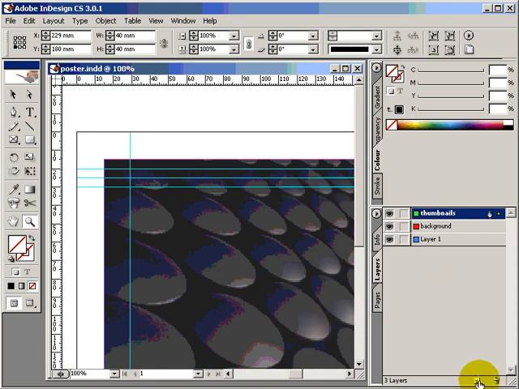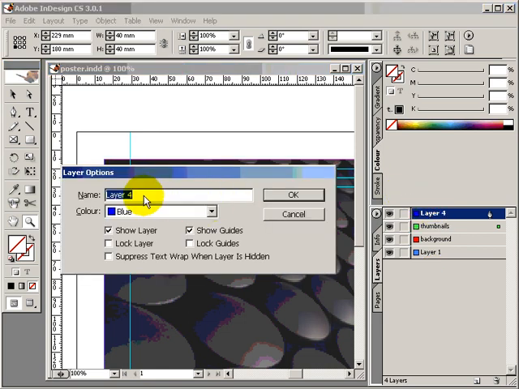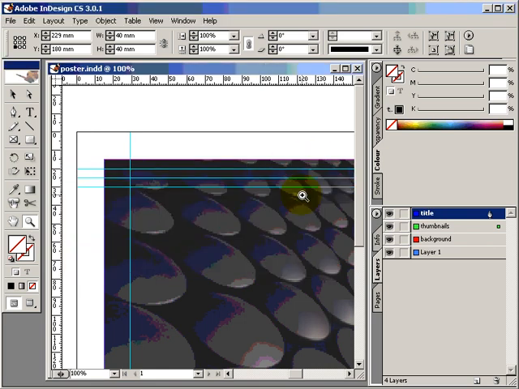What I'll do before that though, in fact, is create a new layer, and the new layer is going to be called title. Click OK. Go to the text tool,